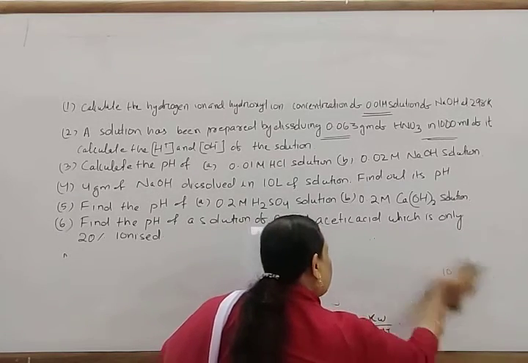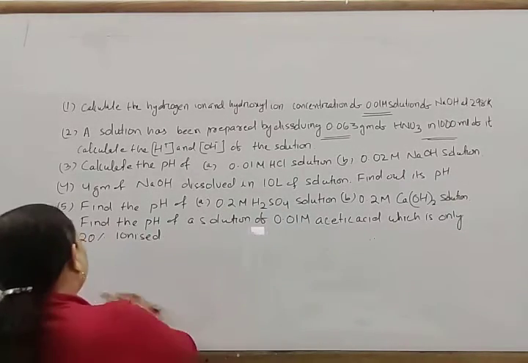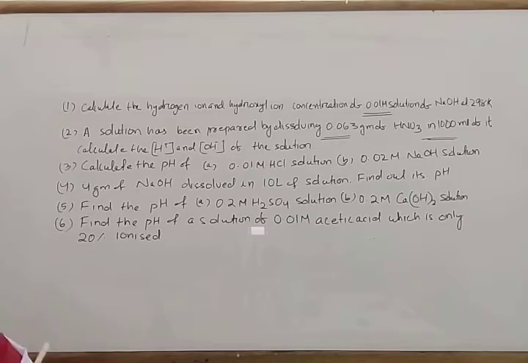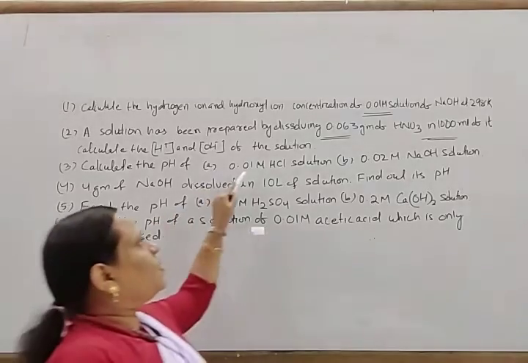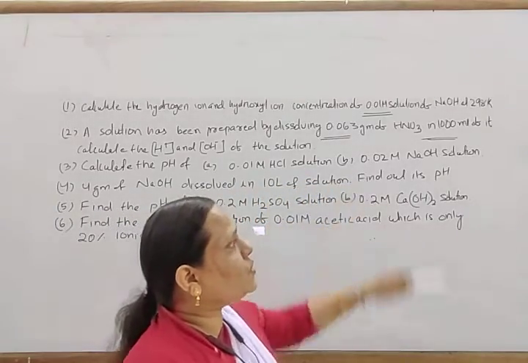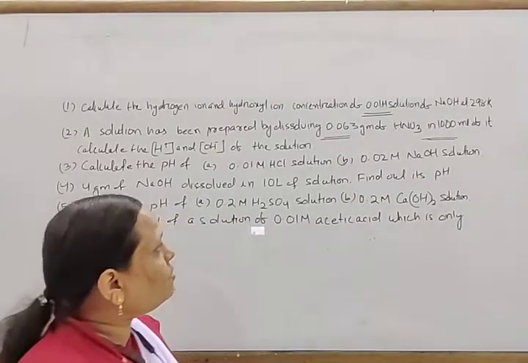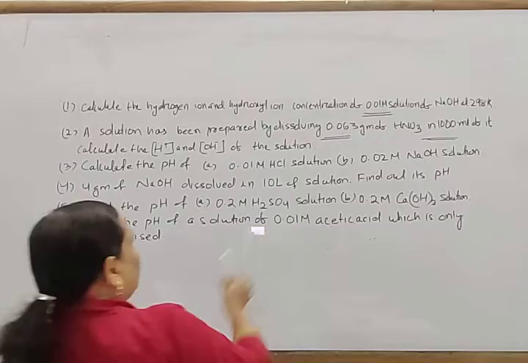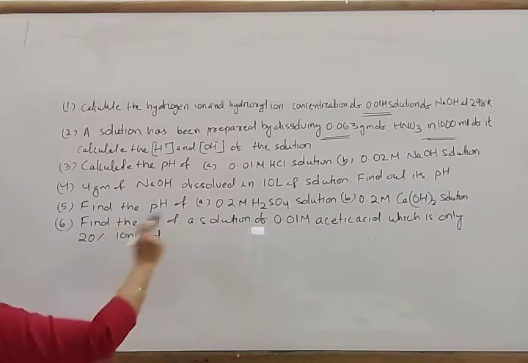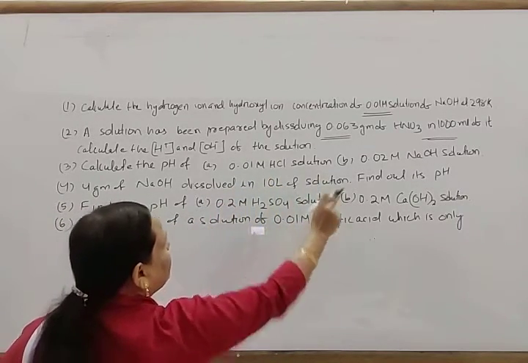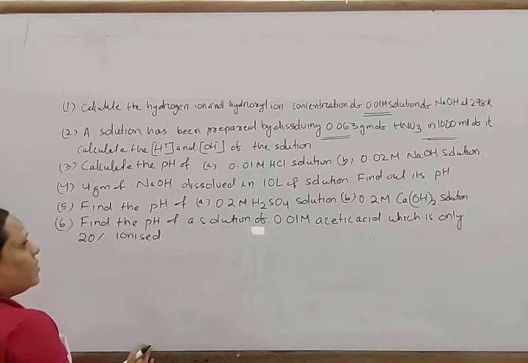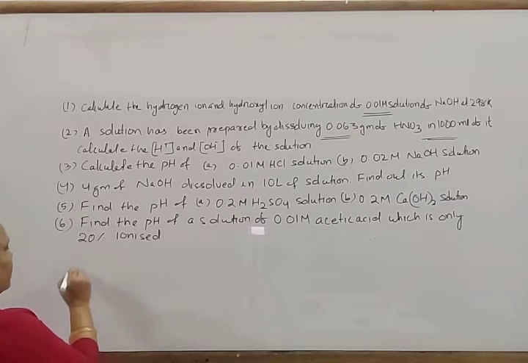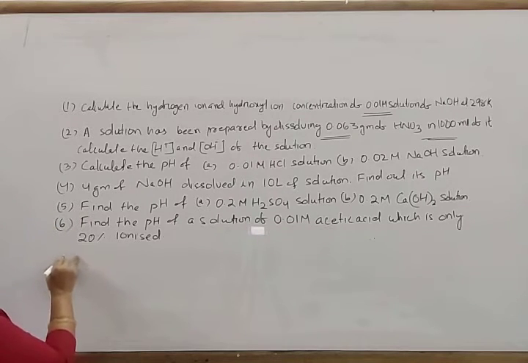In this question number 3, it is given: calculate the pH of 0.01 M HCl solution and 0.02 M sodium hydroxide solution. Okay, a 0.01 M HCl solution and 0.02 M sodium hydroxide solution. So,